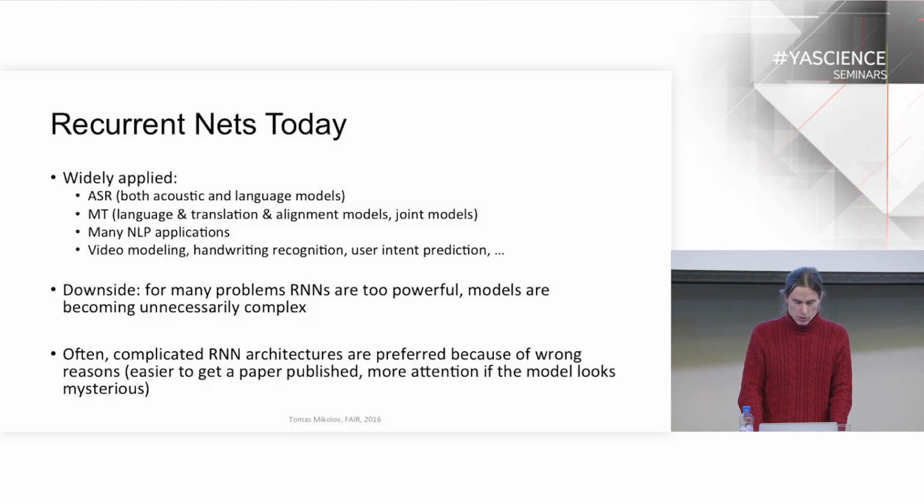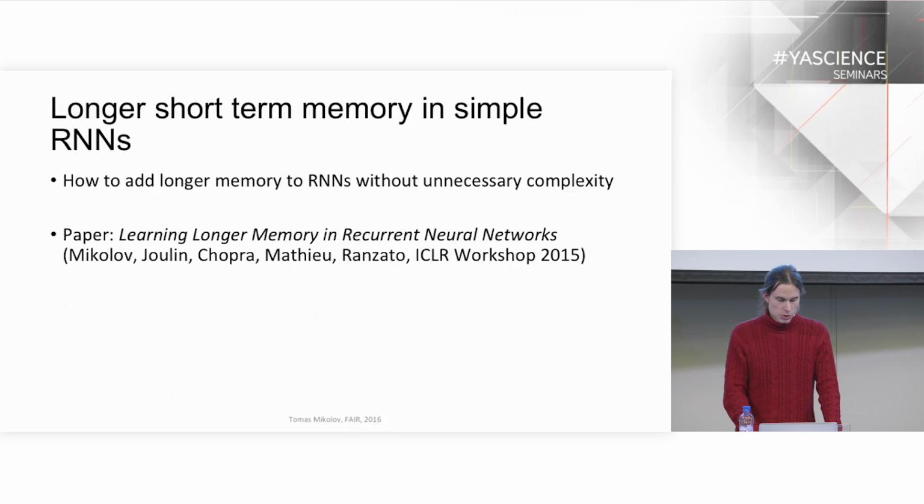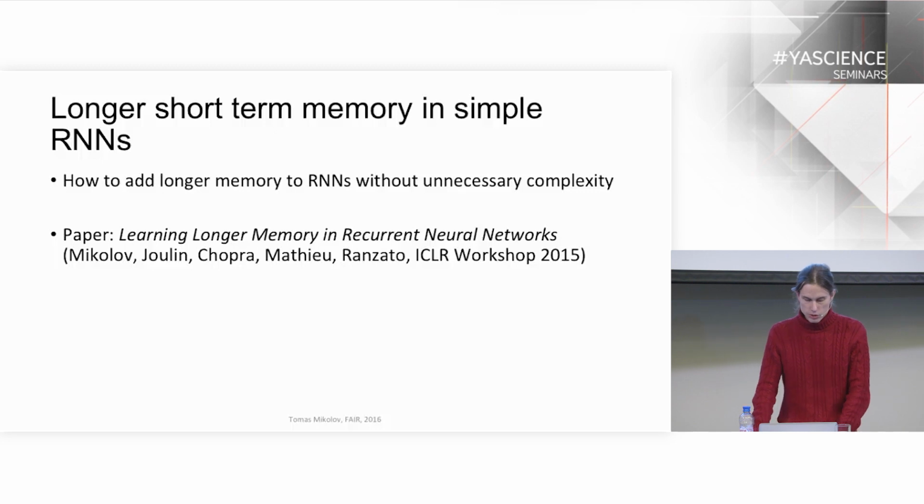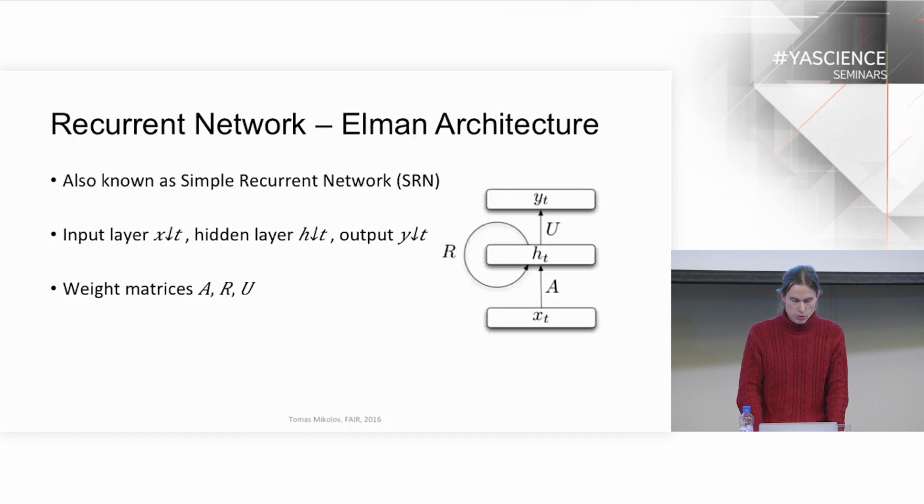So to slightly reduce the hype about recurrent networks, I will try to explain what is going on when it comes to long short-term memory, which is pretty much the point of the LSTM architecture from Hochreiter. That's quite complicated. It's using a very complex model of neurons that have input gates, output gates, and forget gates. And I will show that for language modeling, we can actually get the same effect from a much simpler model. It's published in this paper that we published last year at ICLR. It's called Learning Longer Memory in Recurrent Neural Networks.